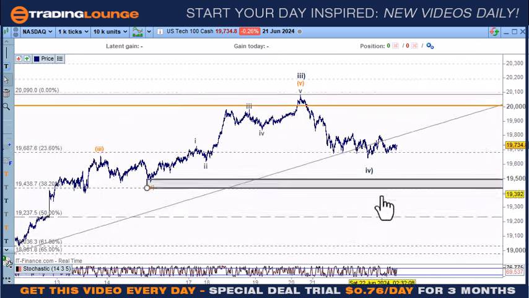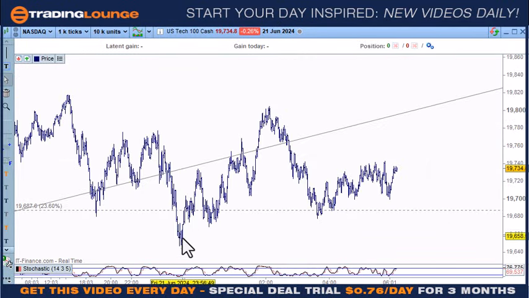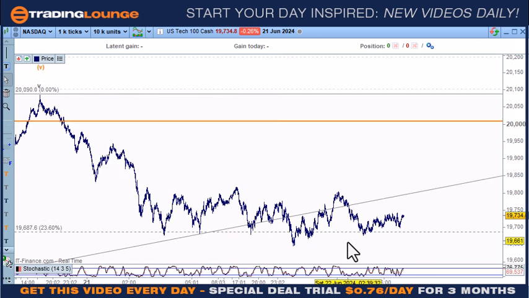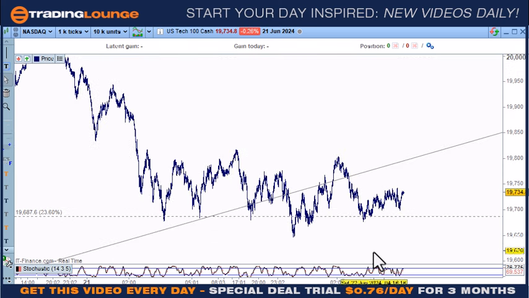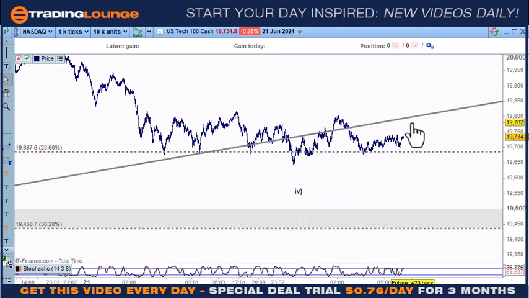I think that we can actually just go straight up from here, because I can see a little 1 and 2 here, and then 5 waves up here for 3, 4, 5 here. So I can see that it can move up, but this is also a little bit impulsive as well. So it's quite easy to get,